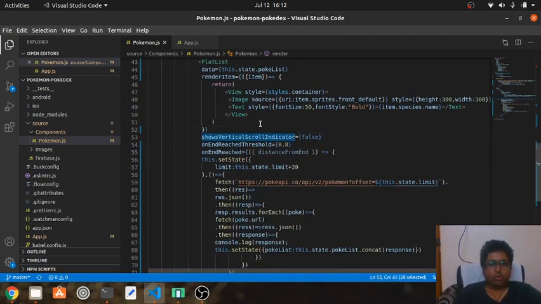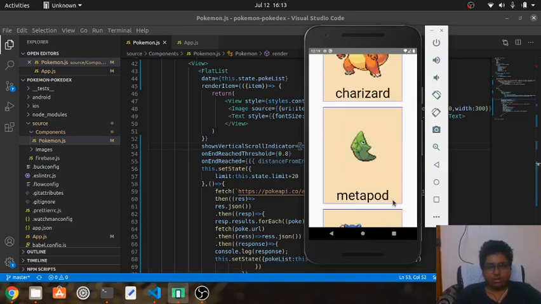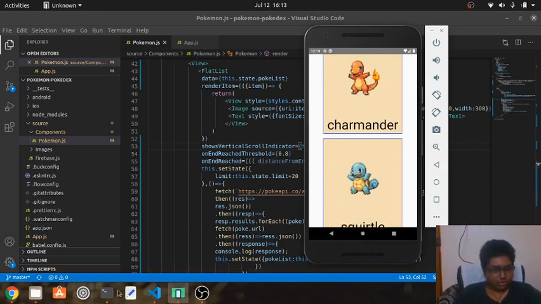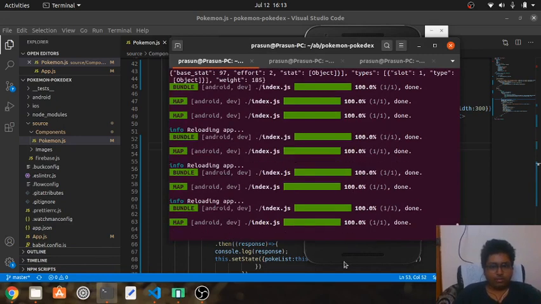Show vertical scroll indicator. As this does, let's say if I turn it to true, okay, what it does is, wait, the app hasn't rendered yet. Let me re-render the app.